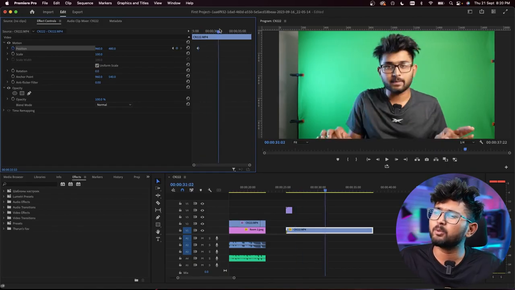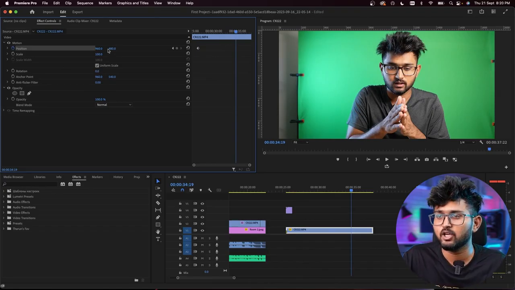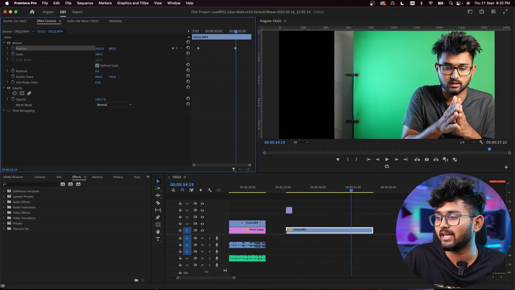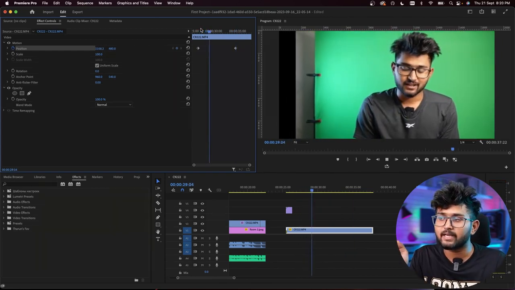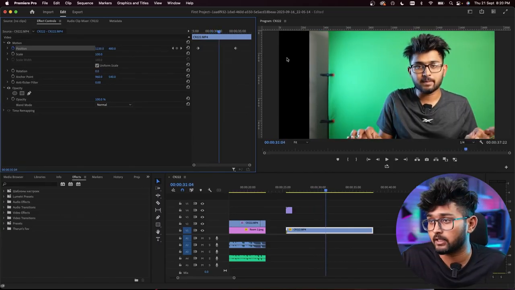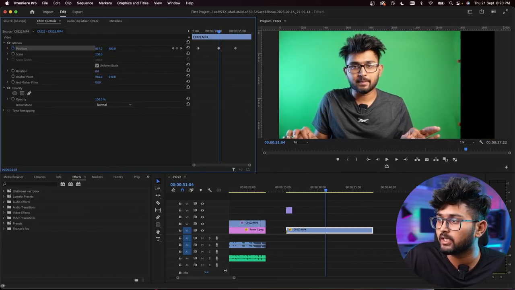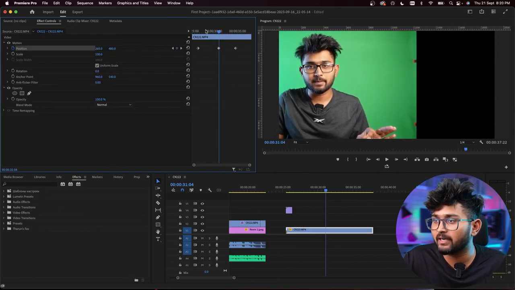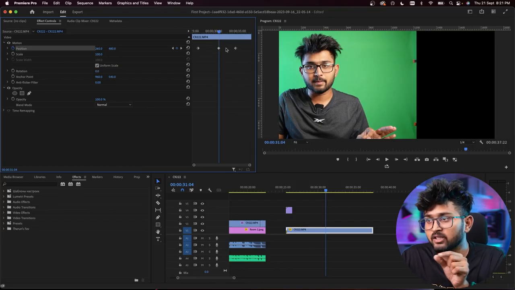Now I'll move to another position, because I wanted Tarun to move to the right side. So I click on this and drag it to the right. Once you play it, Tarun will slowly move towards the right. This is one animation. You can have multiple keyframes. Imagine you have one more here, where you wanted Tarun to be on the left. Initially Tarun was at center, then Tarun moved left, and then Tarun moved right.